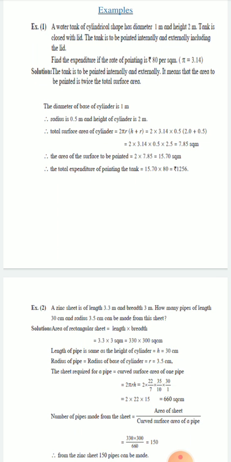So how many pipes of length 30 centimeter? We have to draw the pipes from this sheet. We have to convert that sheet into pipes. So they will ask you how many such pipes whose length is 30 centimeter and radius is 3.5 centimeter can be drawn from this sheet. Now this is a practical example. Generally, you must know from the steel industry or many metal industries,